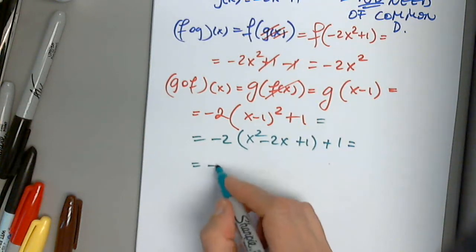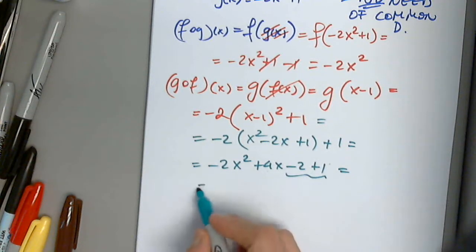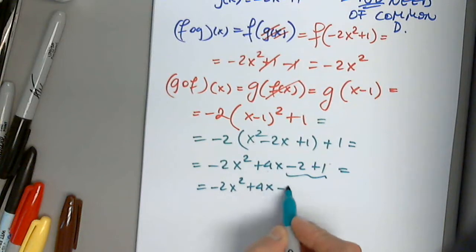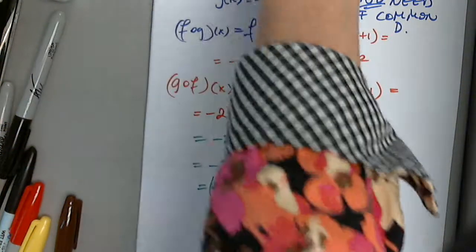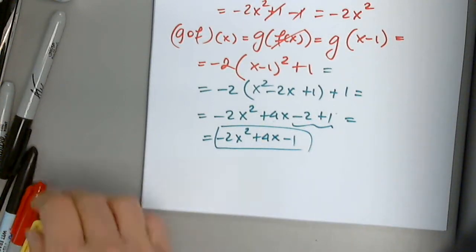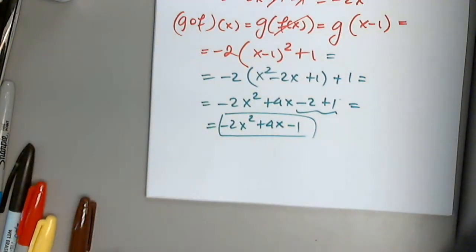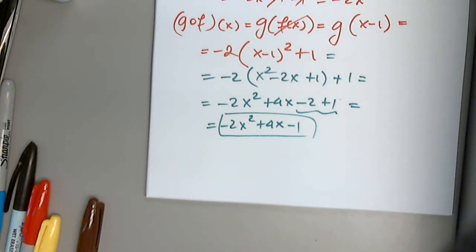Now I can distribute -2 and combine like terms. Any questions? Any questions? Okay, so I'm not going to ask you to determine the function composition